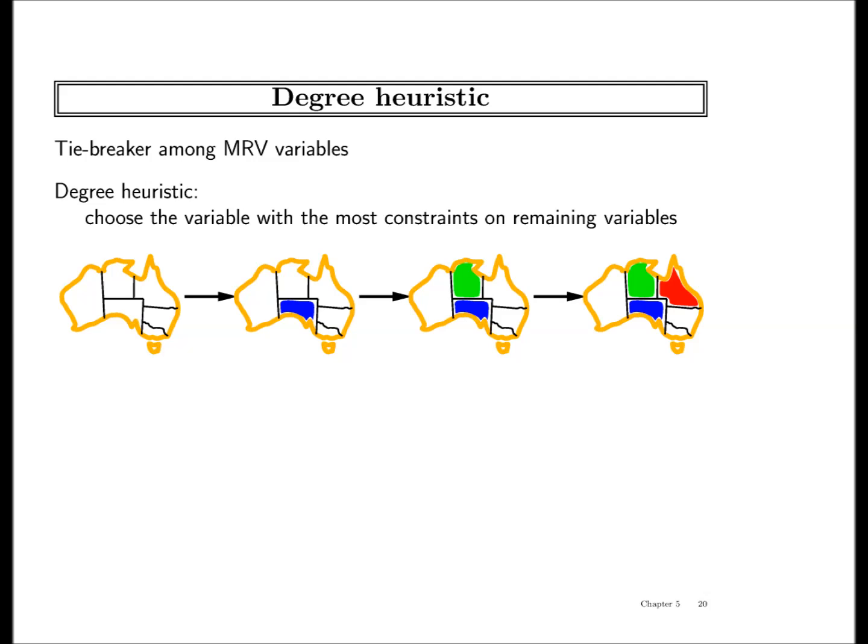Yes. And don't we have to compute the minimum number of remaining values anyway to see if we're stuck? So we already have to pay the cost to compute this anyway. We might as well use it. If anybody has 0 remaining values, you're stuck. You have to backtrack. So yeah, we're already computing. Of course, we are computing.